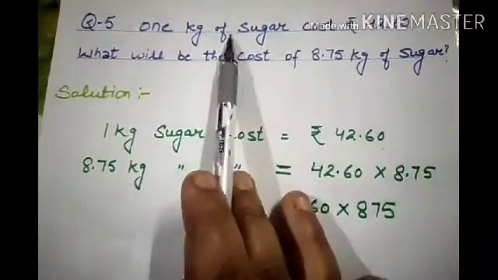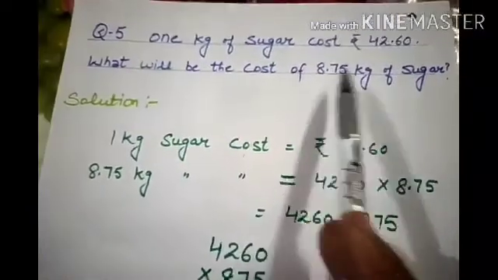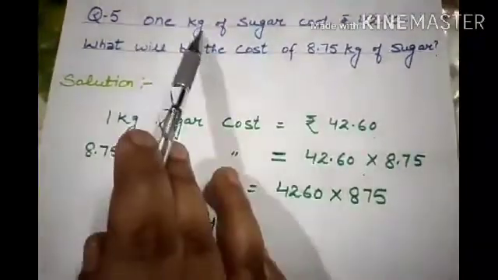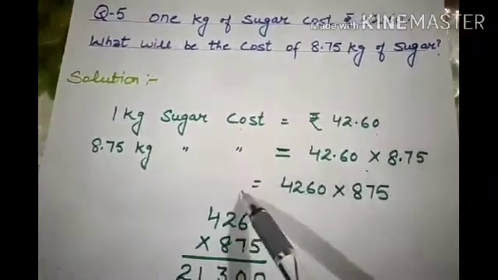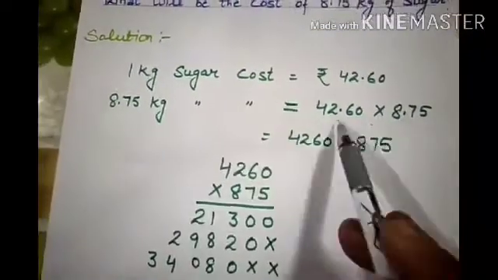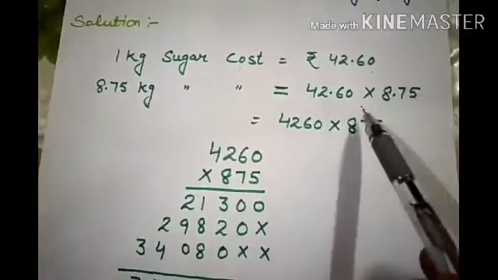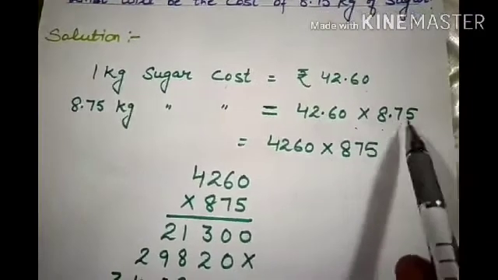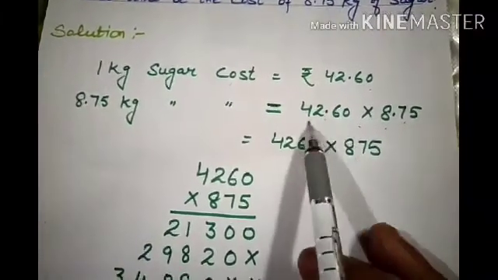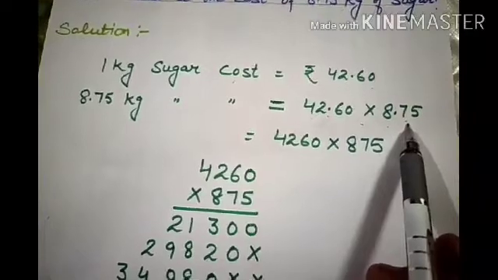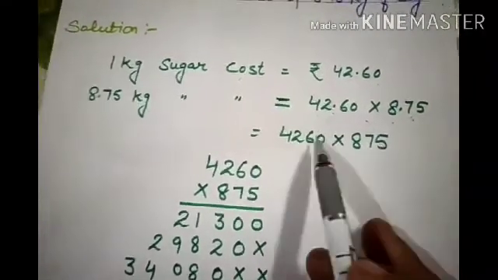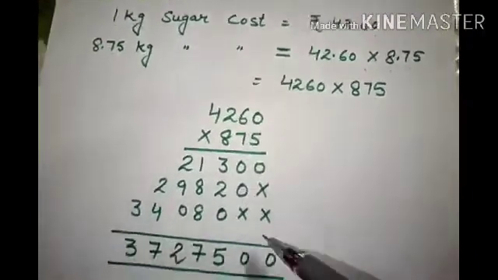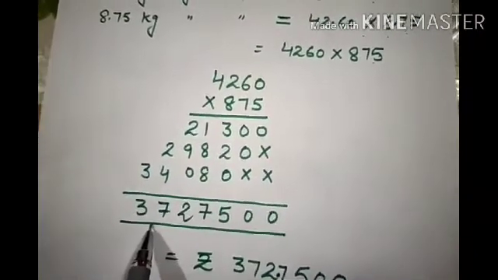and we have to find the cost of 8.75. देखो 1 की दी है, मोर की आपको कैलकुलेट करनी है. अगर मोर की कैलकुलेट करनी है तो हमने मल्टीप्लाई करना है, और अगर मोर की दी है और 1 की फाइंड करनी हो तो हम करते हैं डिवीजन. तो यहाँ पे हमने क्या करना है, मल्टीप्लाई. तो फर्स्ट ऑफ ऑल as you see in this question both the numbers, the multiplicand and the multiplier, are in the form of a decimal. So first of all I ignored the decimal, ठीक है, सिंपल इसकी multiplication की, the multiplication करके I get the product.